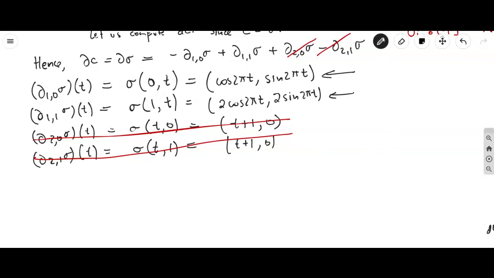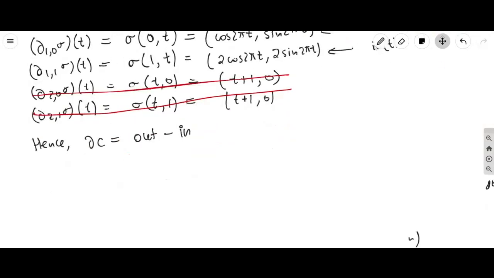Maybe how about like this? We'll call this out t, and we'll call this in t, the outside circle and the inside circle. So hence, the boundary of C is out minus in. So it's a formal sum of these two mappings, and you visualize these mappings as paths, and that's what the boundary of C is. And now we have to calculate the integral over the boundary of C